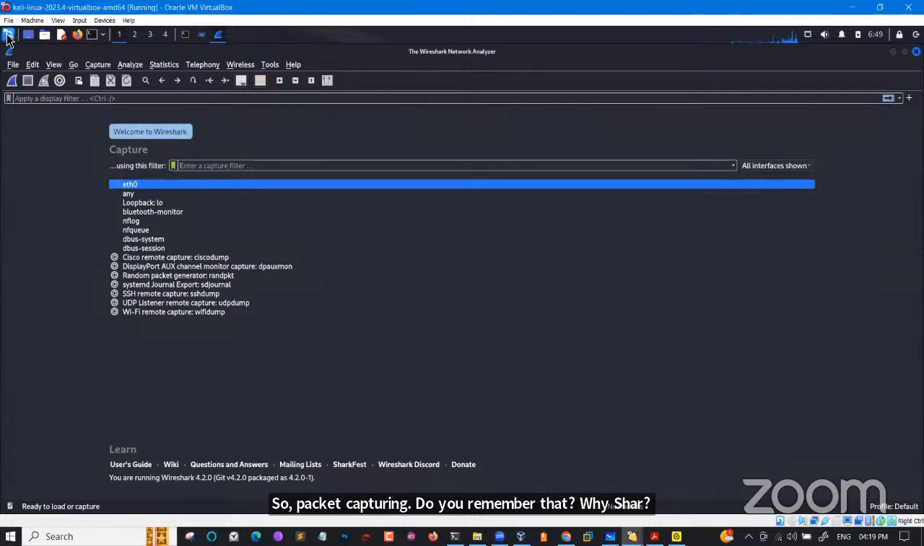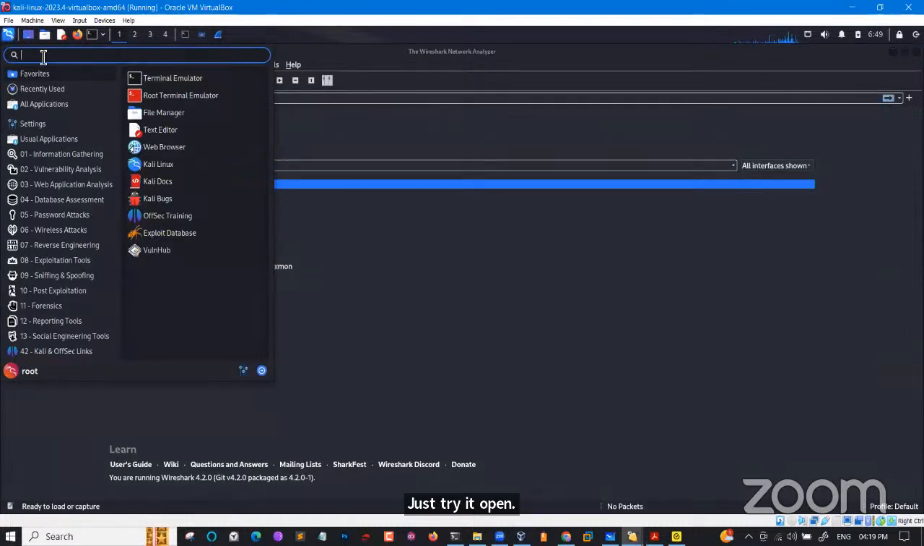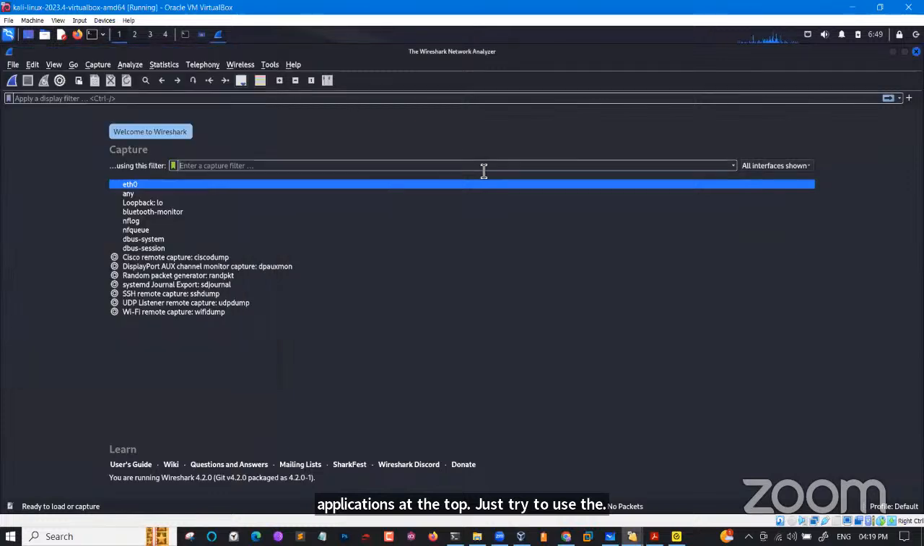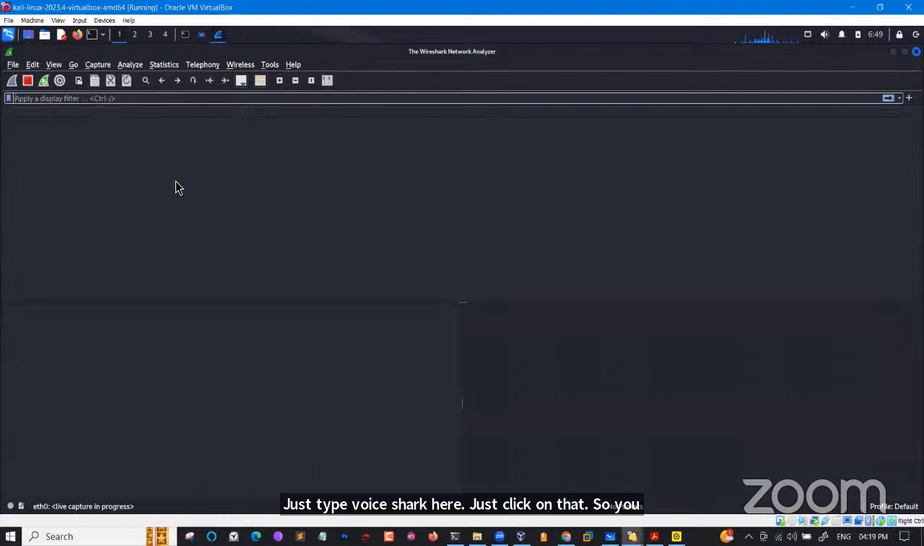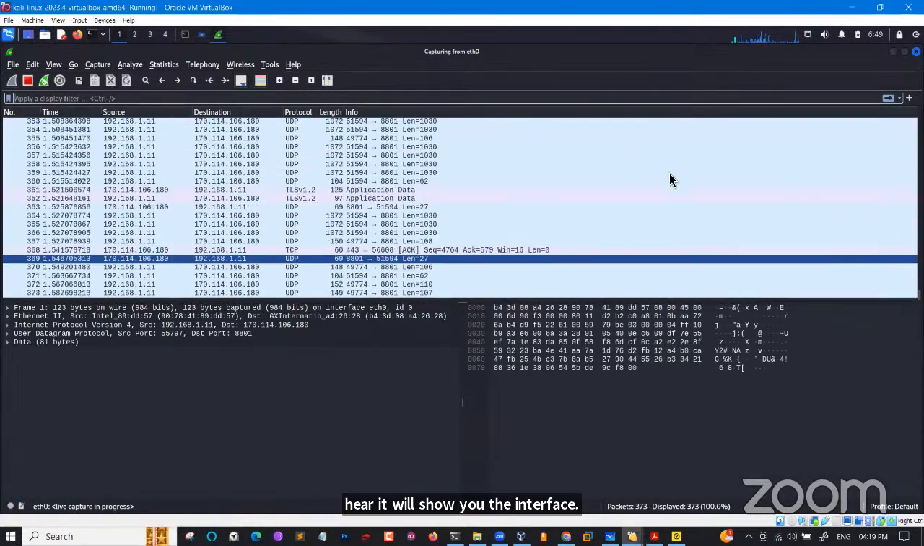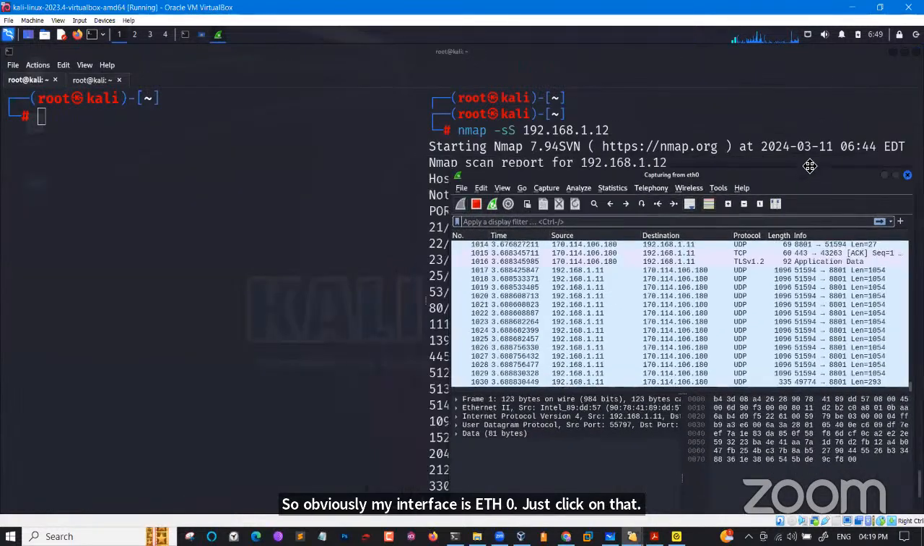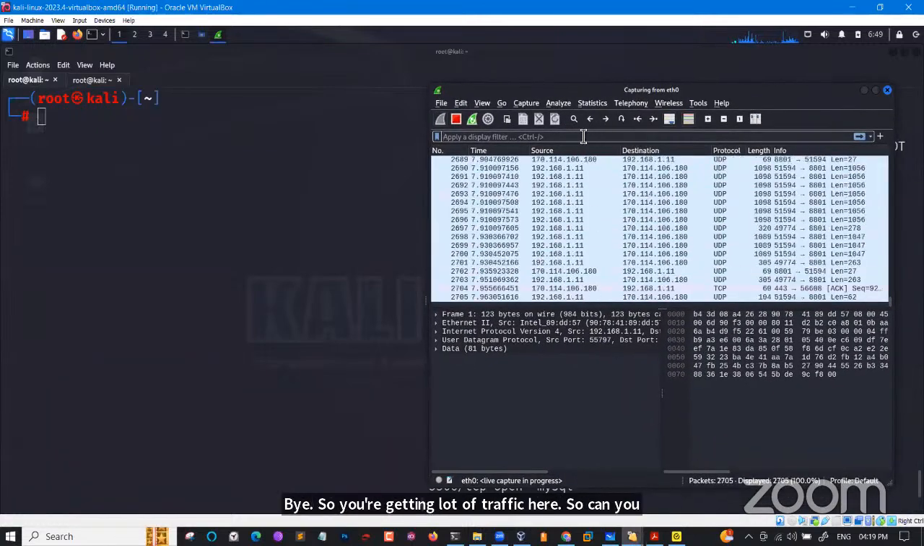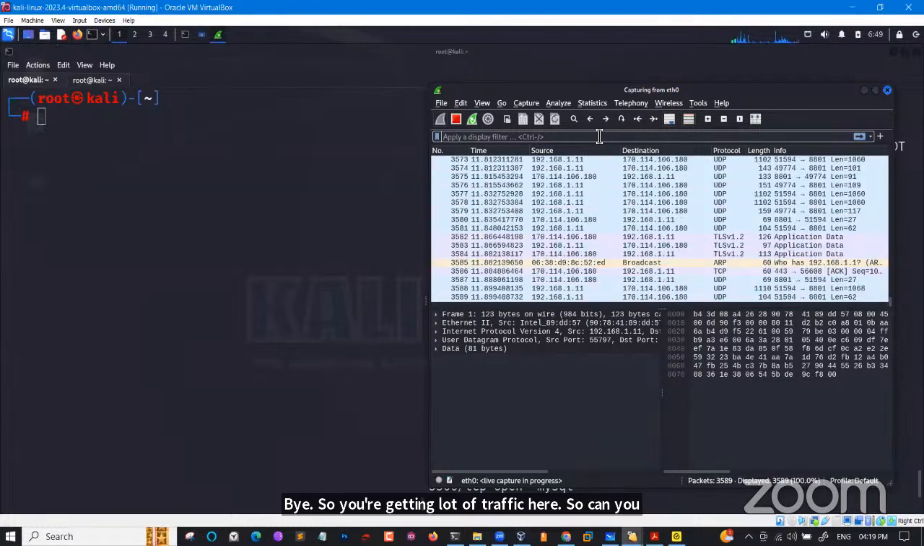So just go to Applications at the top, and type Wireshark here. Click on it. Here it will show you the interfaces. My interface is eth0. Just click on that. You can see you're getting a lot of traffic here, right? Is my screen visible? Can you see the filter tab? So if you see the filter tab here,